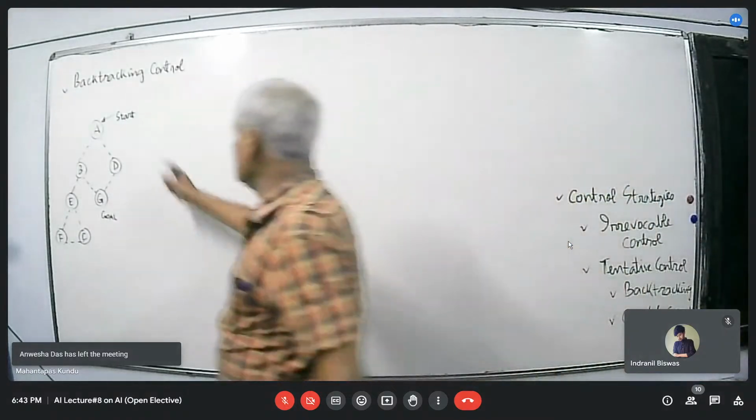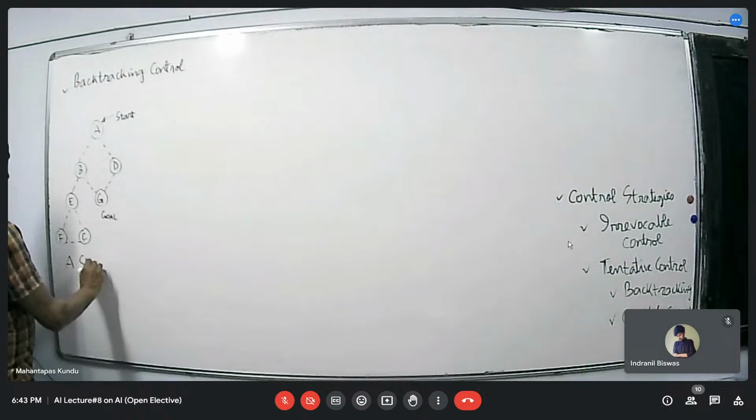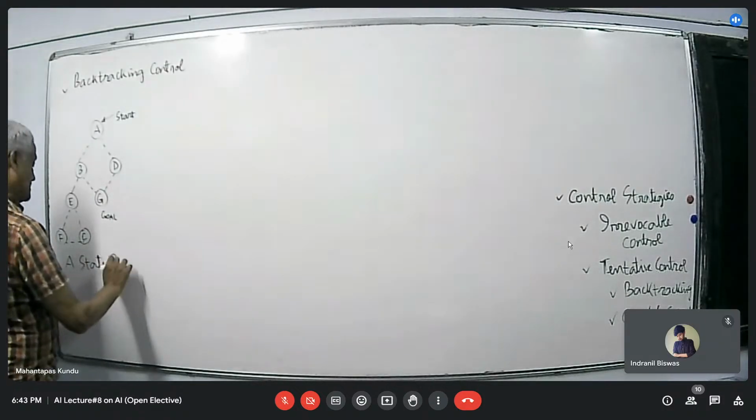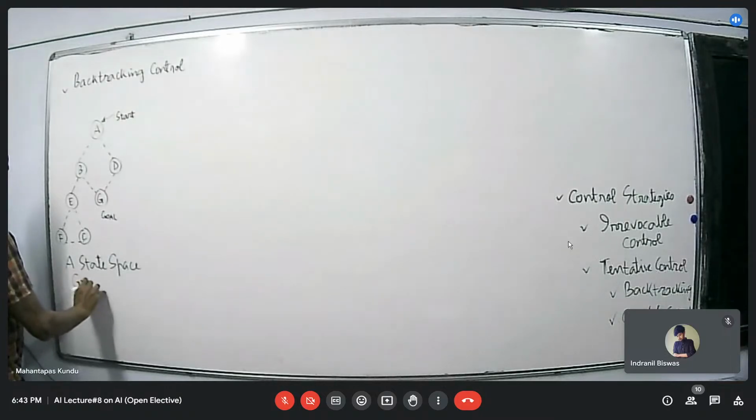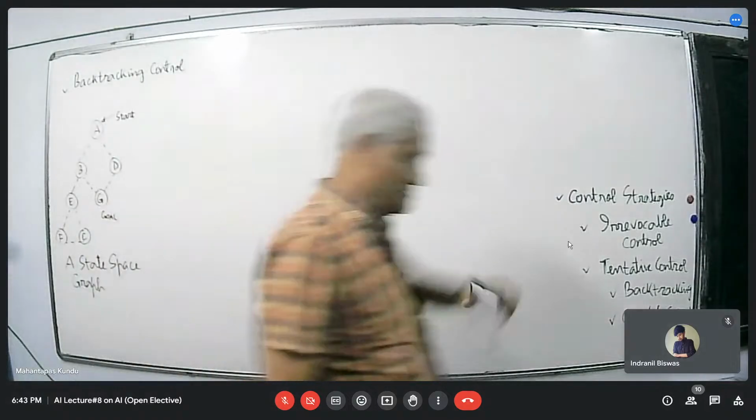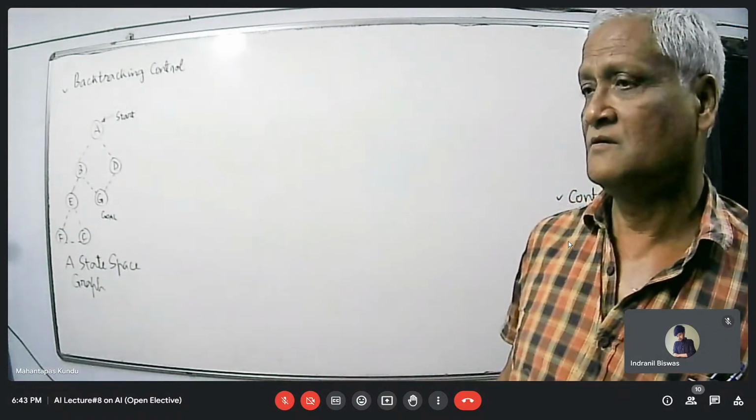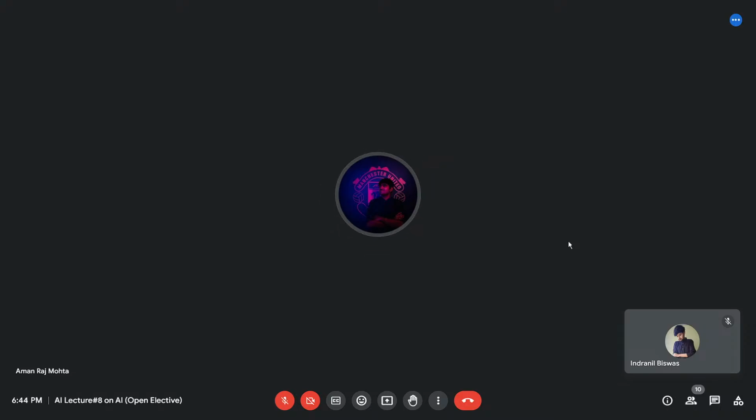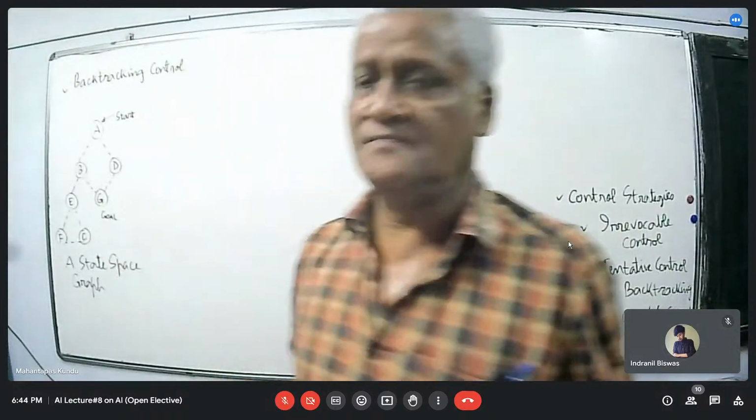Now here in this state space graph, all the arcs are shown with dotted lines. Can you tell me what is the significance of using dotted lines for the arcs in this graph? So we can travel both sides back and forth. Not like that. Actually, in state space search,